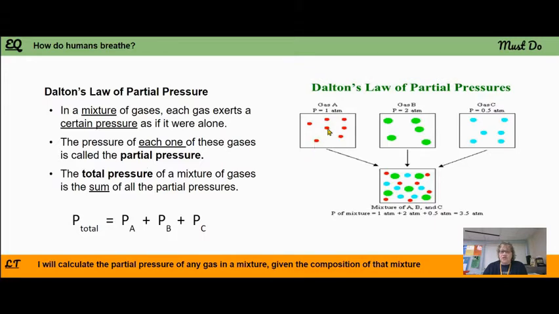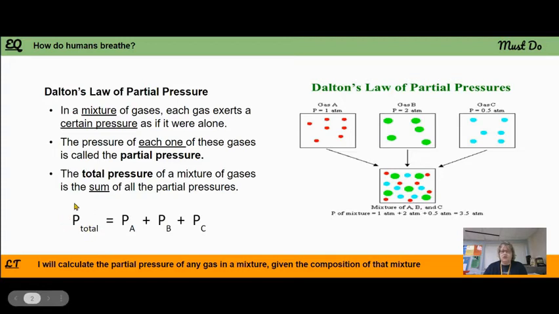So each of the little red dots is exerting a certain amount of pressure on the box. The green ones are exerting a different amount of pressure on the box, and the blue ones are exerting even a different pressure on the box. The total pressure of the mixture of gases is the sum of all the partial pressures. What sum means is add up, right? So if I add the pressure of A and the pressure of B and the pressure of C together,